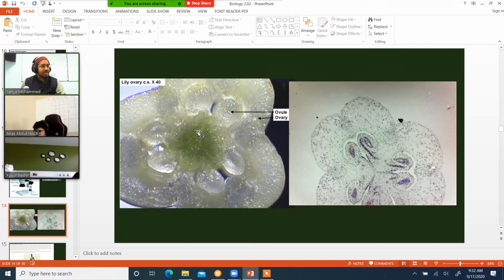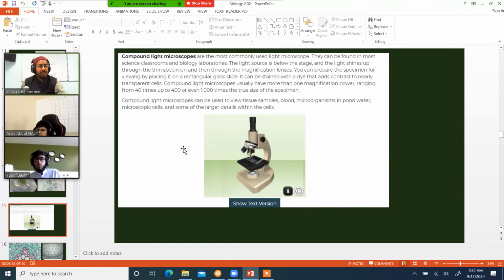The one on the left is like some solid object that they put on top, and now they're looking at it from the top, right? So they're shining some light on it, and they're taking a look at it. So it's the same thing. This is like a plant ovary or something like that, and they're looking at it through a thin section, and then just looking at it. So this is basically the same thing. This is the compound light microscope with the objectives, right?